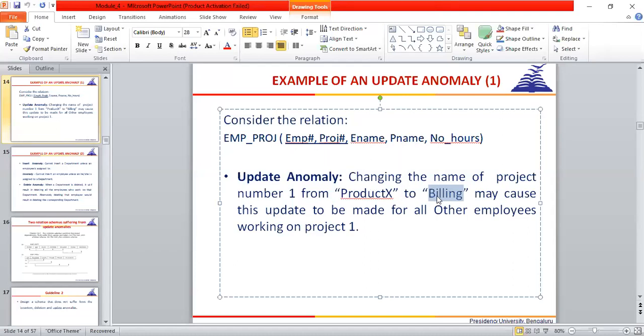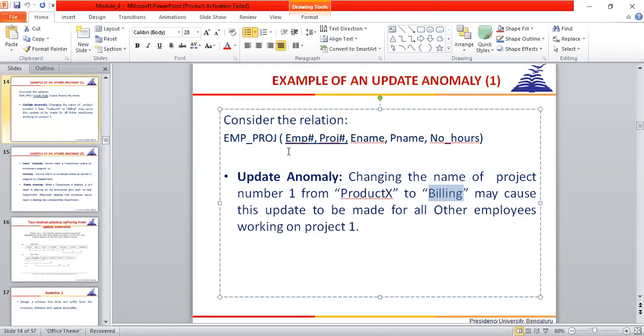Initially, let's say I am one of the employees, 448 is my number. I have been assigned the project Product X. Later, after some time, the Product X name is changed. That does not mean my assignment is changed. But as per the table concept, if we are changing the name to Billing, we also need to change the details. It means instead of 448, we need to keep something like 449 or some other value. Ultimately, how is it affecting? It means my organization, by changing my employee number also.